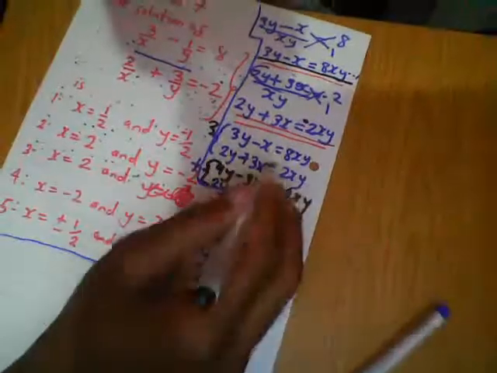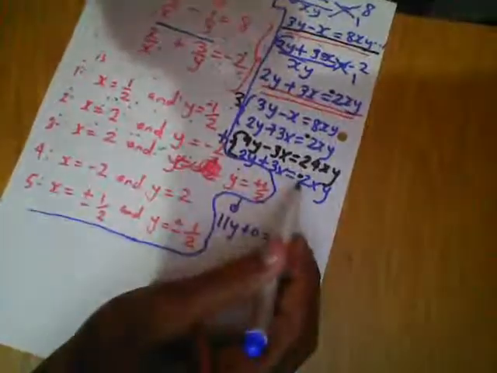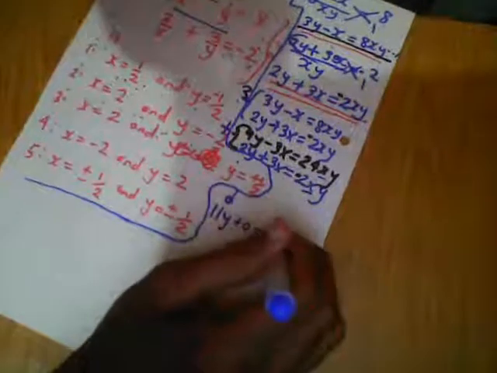24xy plus, now I think there's something here I forgot. xy times negative 2 is negative. There's a negative here. So 24xy plus negative 2xy. You see this is xy and this is x. So 24 minus 2 is going to be 22xy. 11y plus 0 equal to 11y equal to